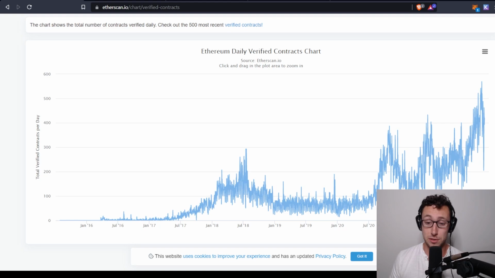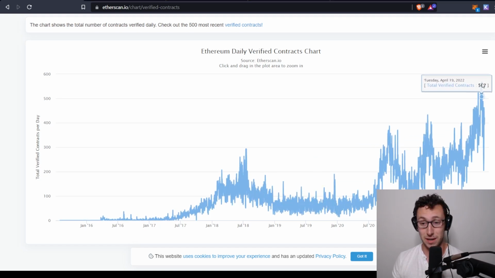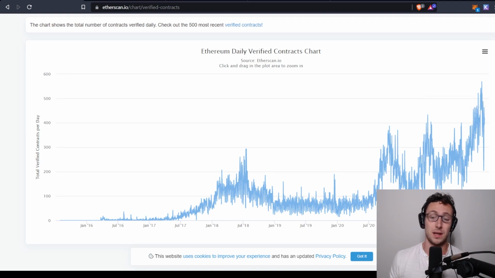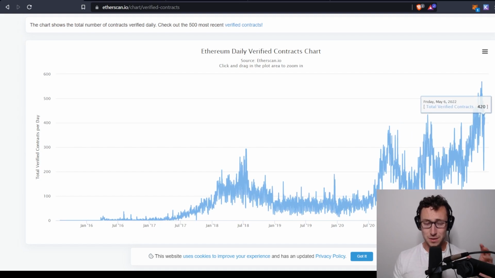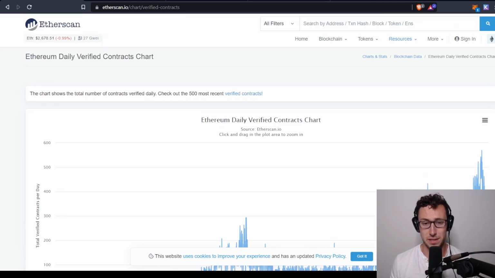So yes, some of the users have left. Overall transaction value is not as high, but daily verified contracts hit a new all-time high just a few weeks ago. In other words, that means there are more developers than ever building on Ethereum. And that's just one of the cool things you can use Etherscan for. And so yeah, that is 3 ways that you can use Etherscan to